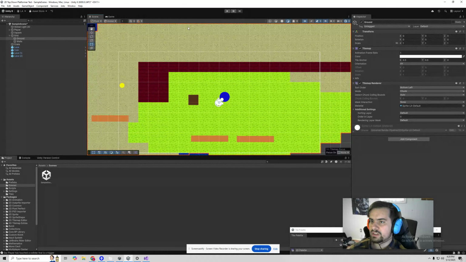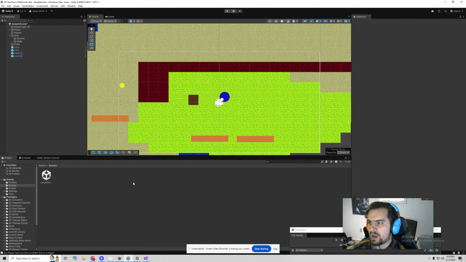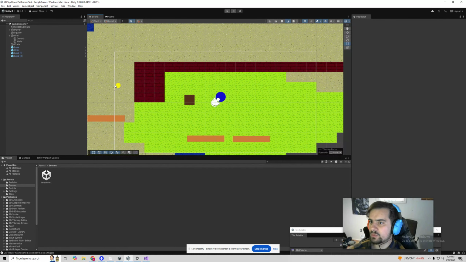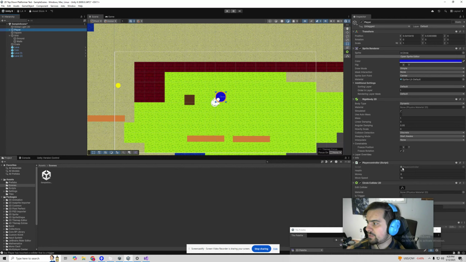Alrighty, we're going to start creating some UI elements. We'll create a UI to display the variables that we built in the last episode. In the last episode, we built a variable for our player's health and a variable for our player's move speed. What we'll do right now is add a little UI element to the screen to display our current health